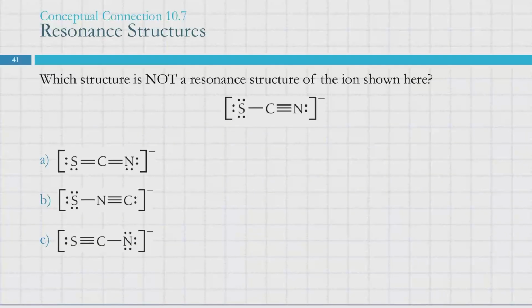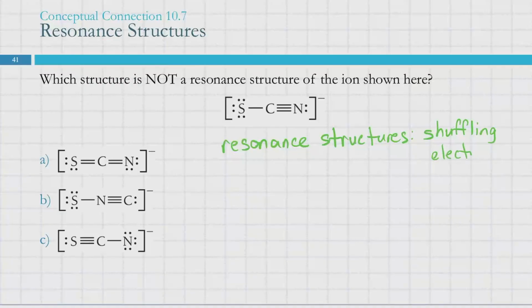So resonance structures, we're moving electrons, or shuffling electrons. Number of electrons stays the same. Just where they are changes. We're basically just doing the little ball into the cup scam trick, moving the electrons around. So we could get from this to A